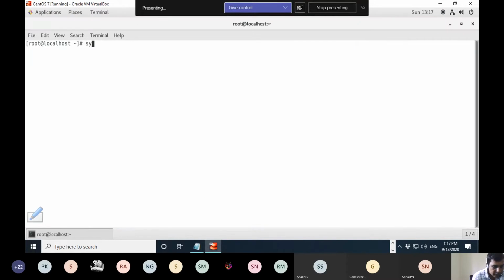See, there is a command known as systemctl, system control command in CentOS. You can use system control. Now, I don't know whether your HTTP server, Apache server, is running. So I need to see whether it is enabled, whether it is active. So I will give the option is-enabled for our Apache server.